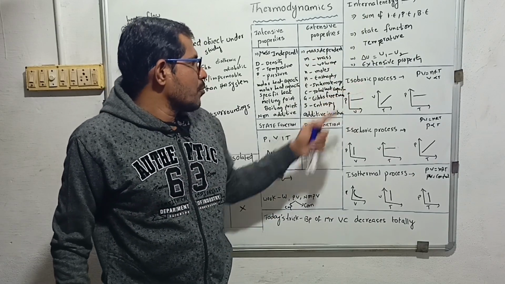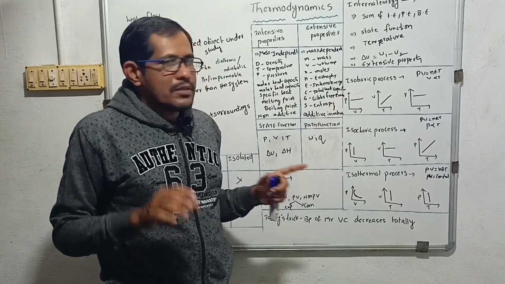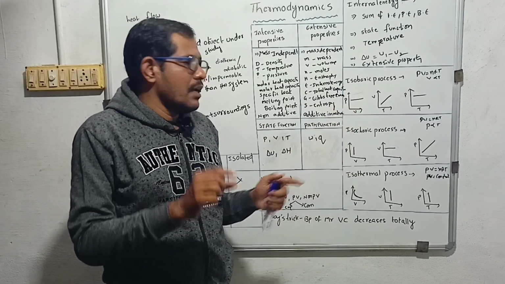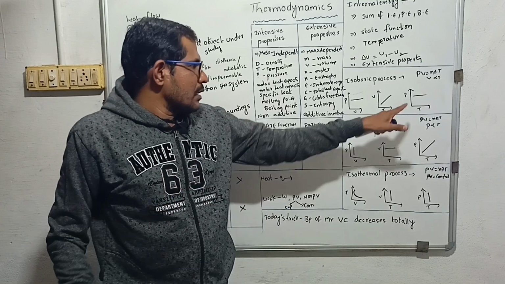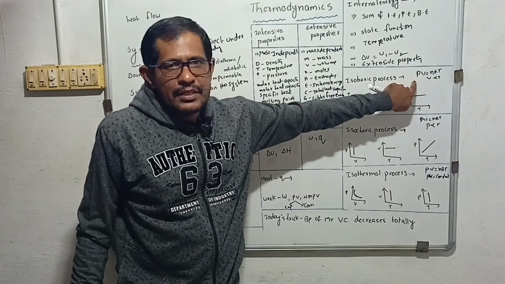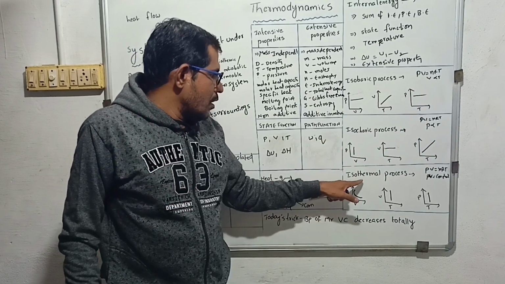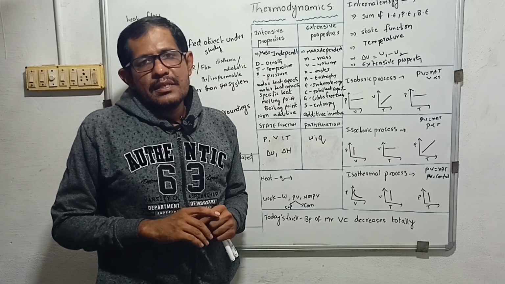So next, come to the isobaric process. Now understood. For an isobaric process, pressure is constant. Where P is there, a straight line will come. If something other than P is there, then derive it using the ideal gas equation and then draw the other graph. Isochoric process is where the volume change is 0. Isothermal process is where the temperature change is 0.